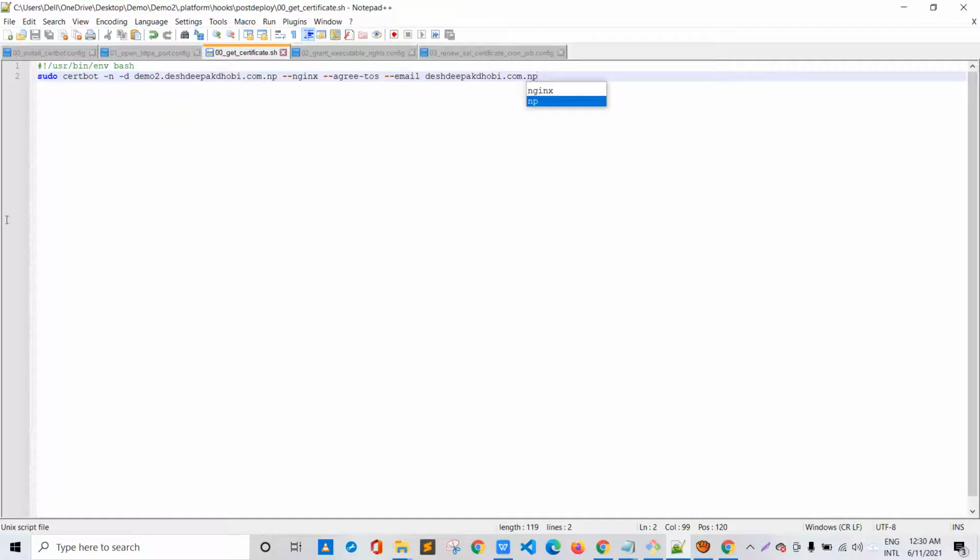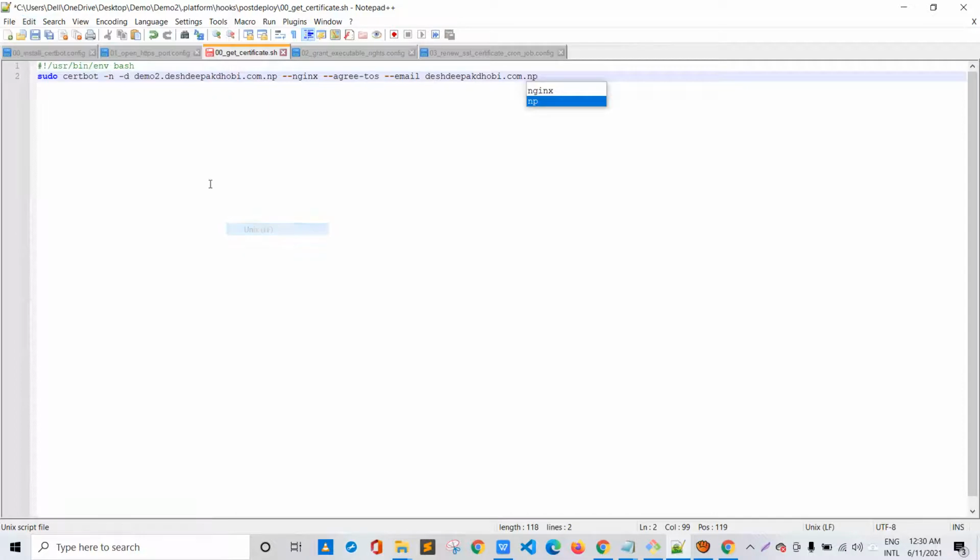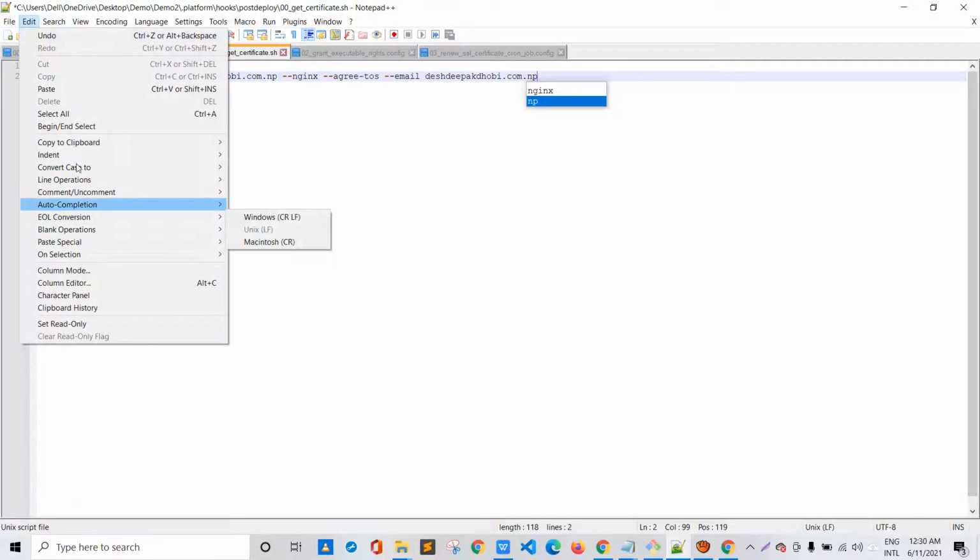I'll save it. And another most important thing, if you are using a Windows machine and you are deploying the application code from the Windows machine locally, then you have to go to Edit, go to End of Line Conversion and click on Unix. Currently Windows is selected, we will click on Unix, and if I go over to Edit and verify, yes, it says Unix has been chosen.